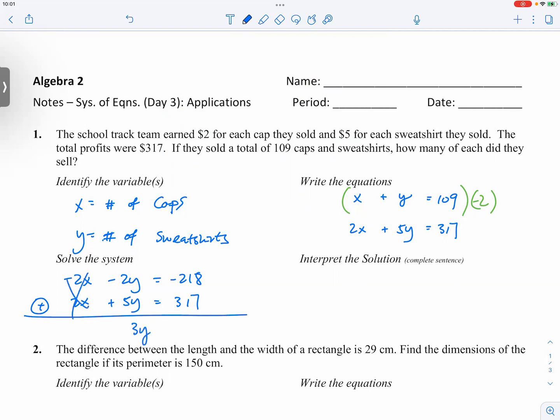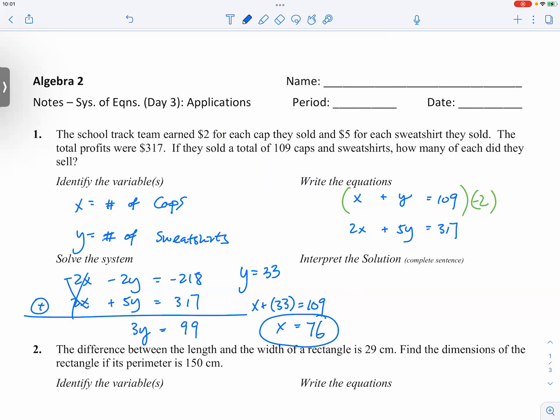So you've got 3y equal to 99. So y is equal to 33. So I got the number of sweatshirts. It's going to be 33 sweatshirts. If you know the number of sweatshirts is 33, that means you can also find out the number of caps, because x plus y, which is now 33, is equal to 109. So if you subtract 33 on both sides, you've got x equals